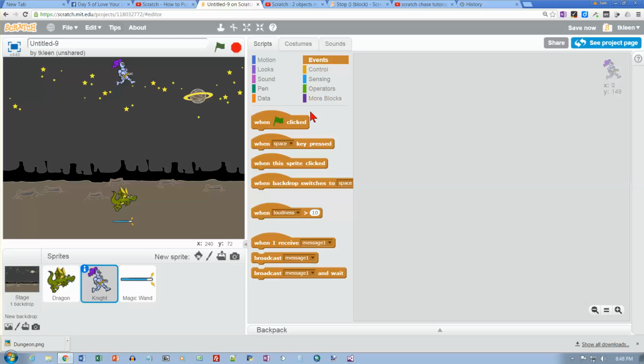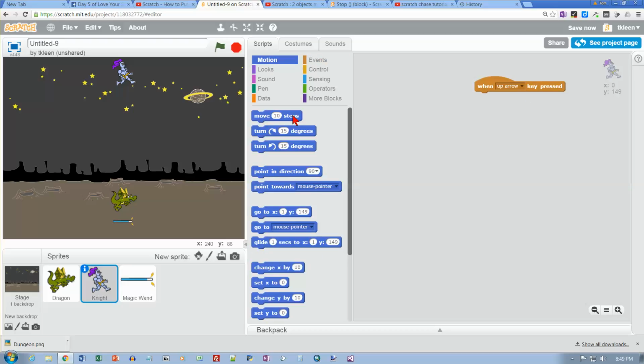And I'm going to have him respond to keys being pressed on the keyboard so I can move him around. So let's start off with the up arrow key. And when the up arrow key is pressed, I want him to do 2 things. I want him to point in the up direction, which is 0, I believe. Yep. And then I want him to move